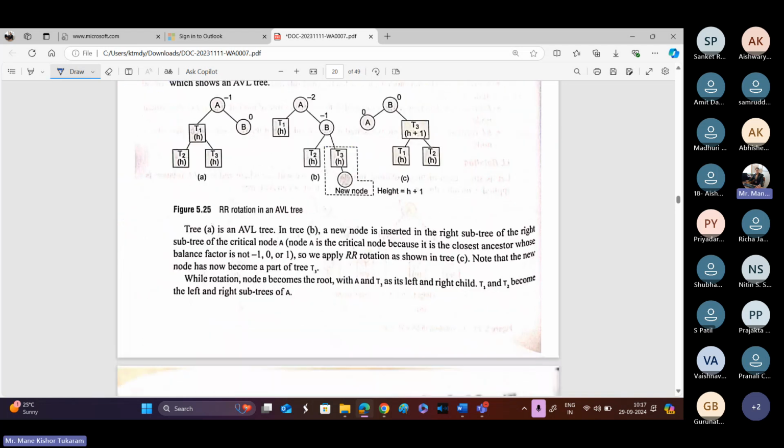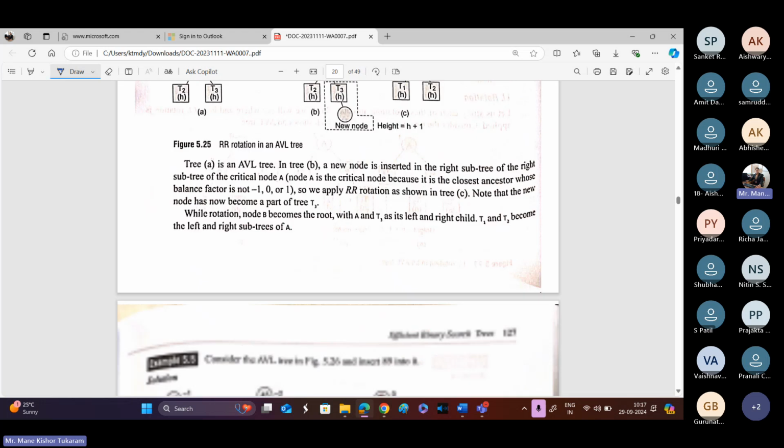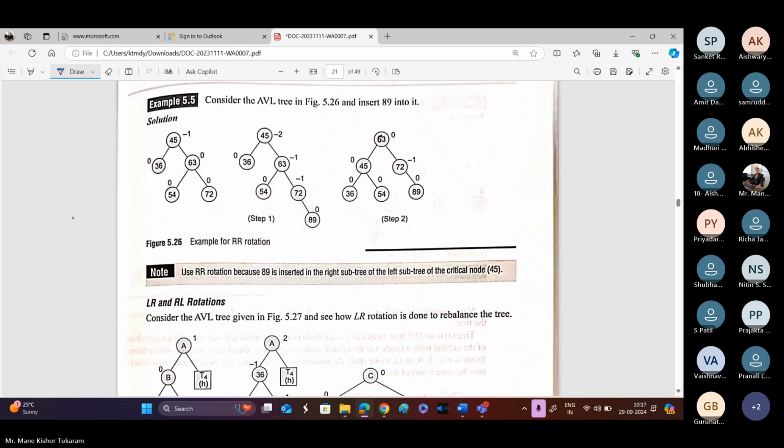Again, RR rotation. So RR means what? We have to just shift all this particular in the right side direction. Okay, so this is the particular example. So if a new node is inserted, so if 89 is inserted, then the balance factor just changes. So we have to take care that the balance factor must be either 0, 1 or -1. So we have to apply the